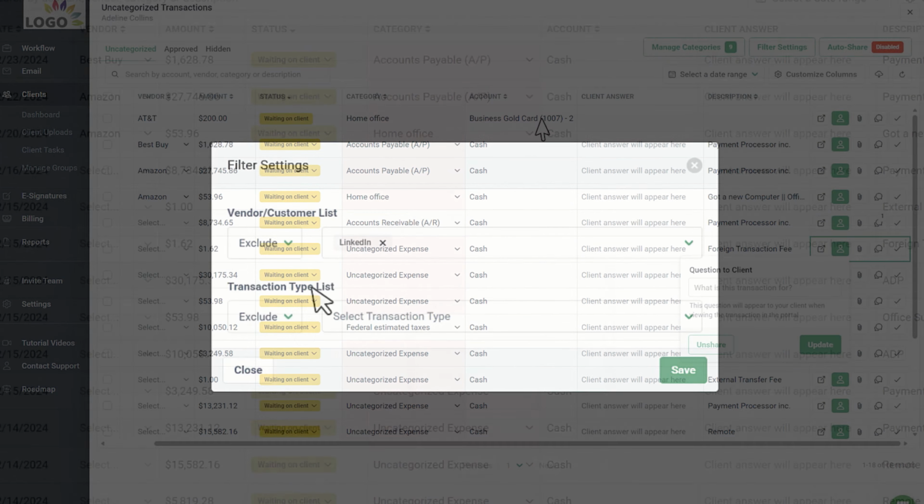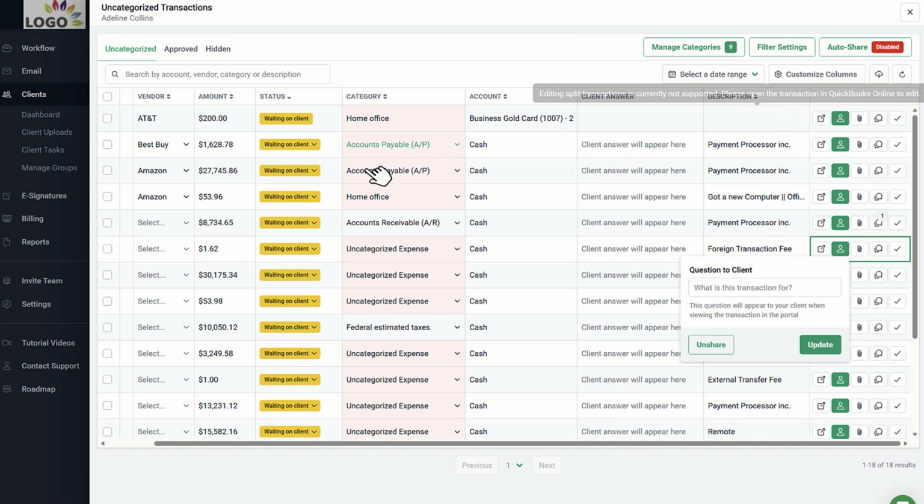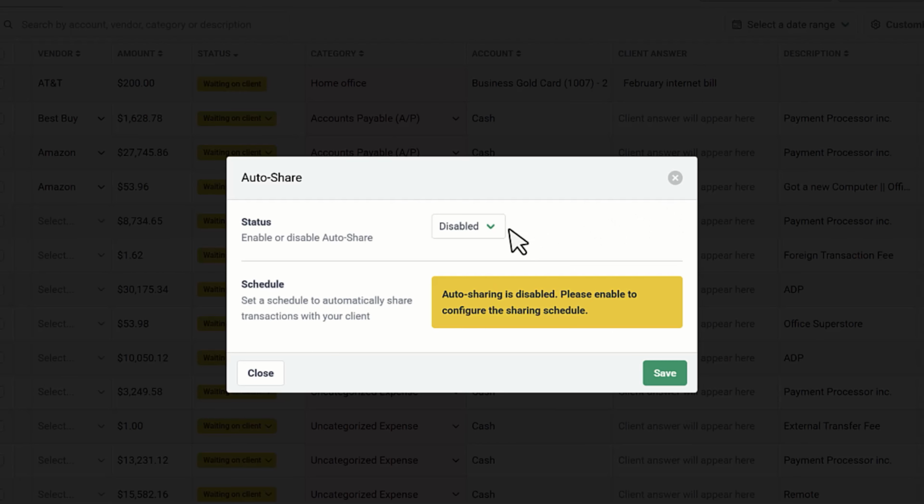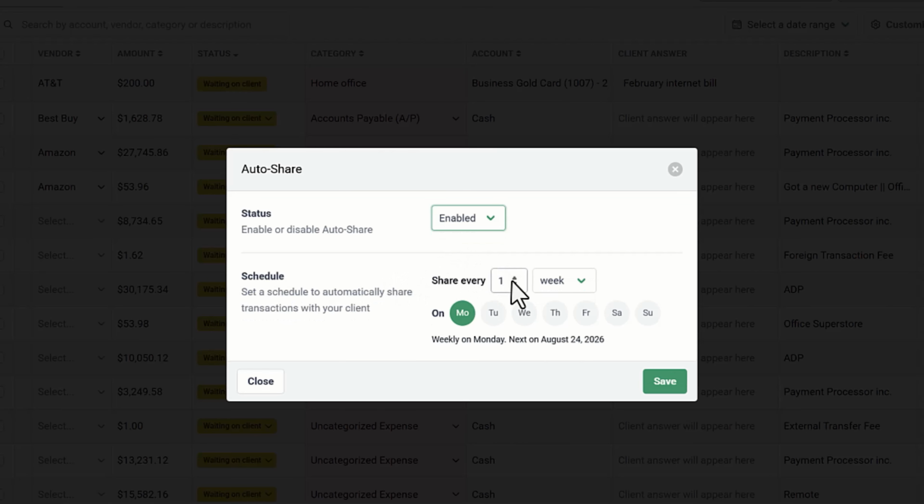Now that you've defined which uncategorized transactions you need your clients to review, you can bulk select everything that you filtered, and then use this share option to send them all to your client through the Financial Sense client portal. No need to download them into an Excel sheet that you then need to copy back into your files later. No more playing email tag. Instead, clients can directly review and update documents within Financial Sense, so you spend less time chasing details and more